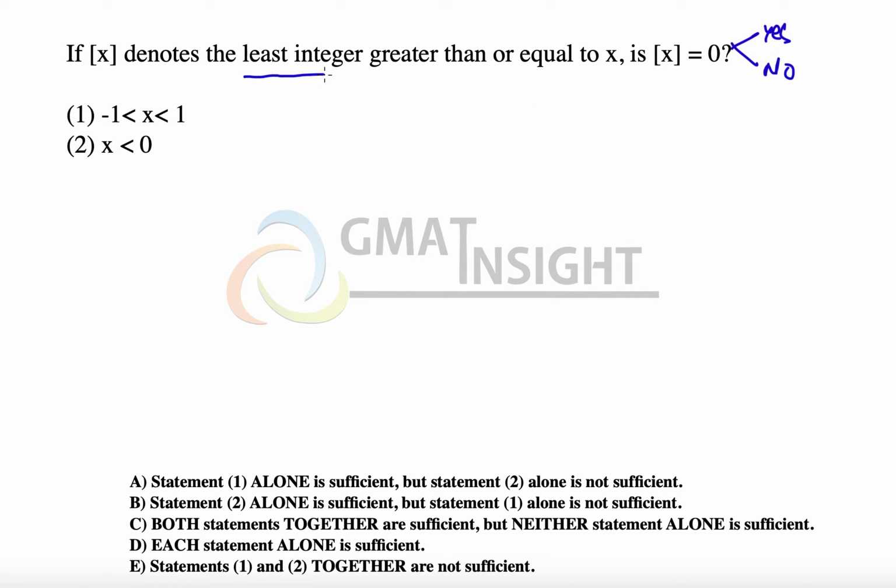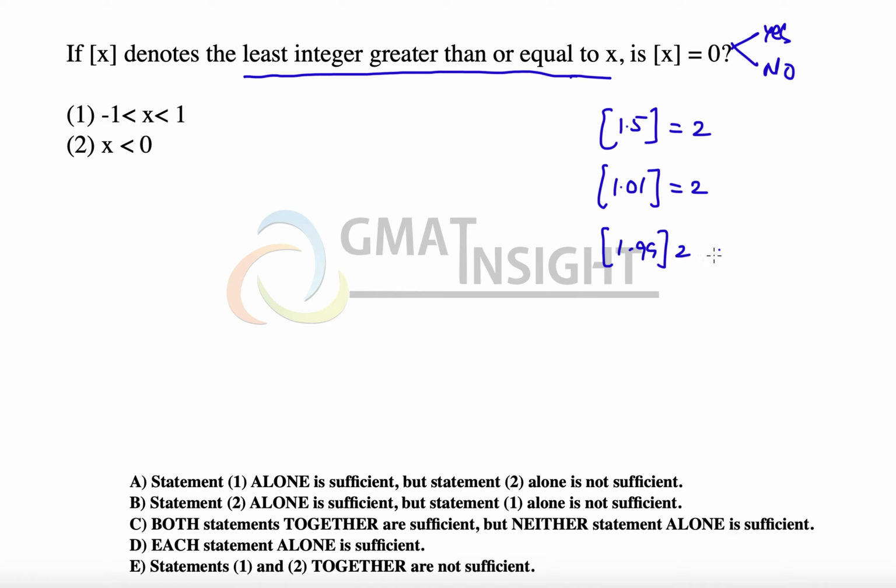We should always pay attention to the definition of the greatest integer function, which says that it's the least integer greater than or equal to x. That means greatest integer function of 1.5 will be equal to 2, greatest integer function of 1.01 will also be 2, greatest integer function of 1.99 will also be 2. But if we take the greatest integer function of 2, that will be 2, but for 2.01 it becomes 3. So this is how we interpret the definition of this function, the least integer either greater than or equal to